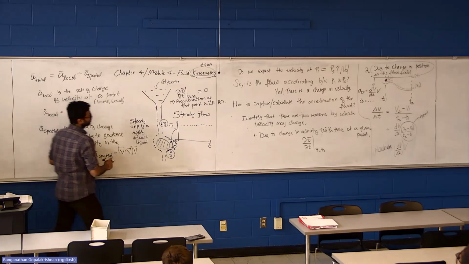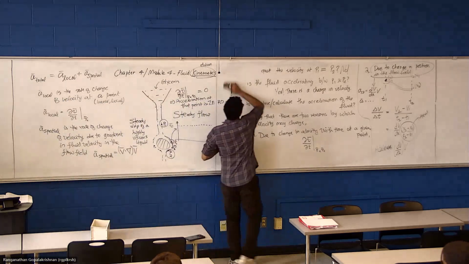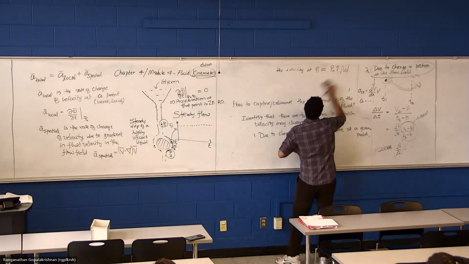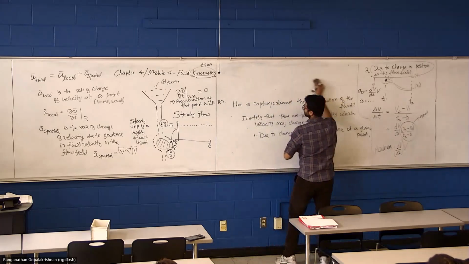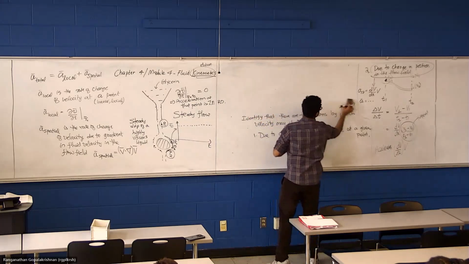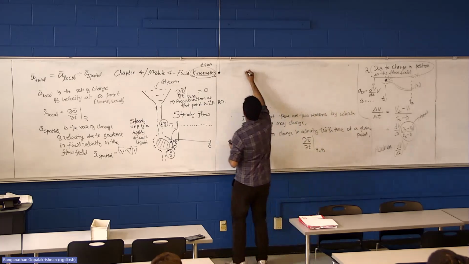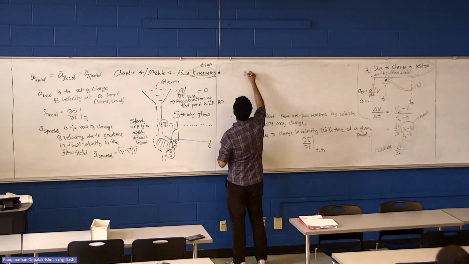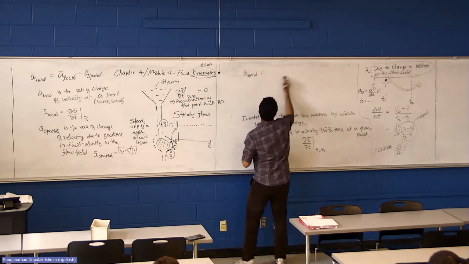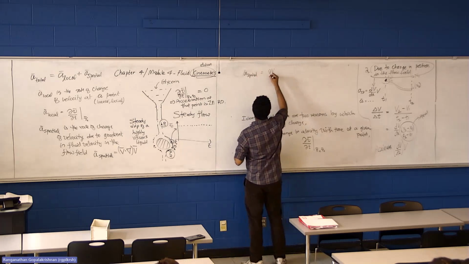I'll expand it for you. A spatial equals the partial derivative of V with respect to X times V, sorry,